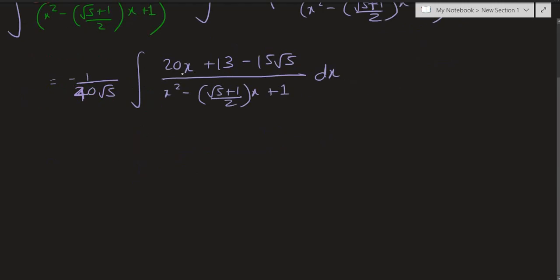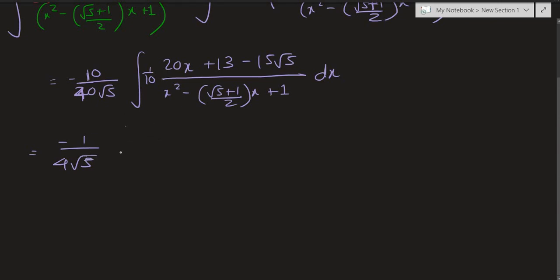So again we have to multiply and divide by 10. So I'll multiply here and divide inside, so that we can recreate the derivative of the denominator on top. So we have negative 1 over 4 root 5